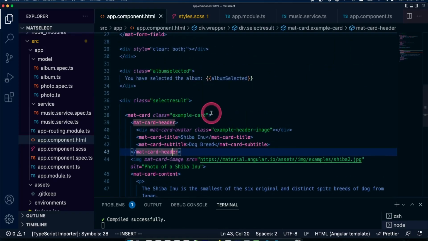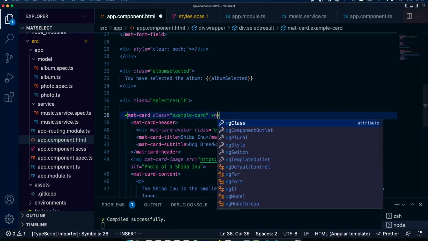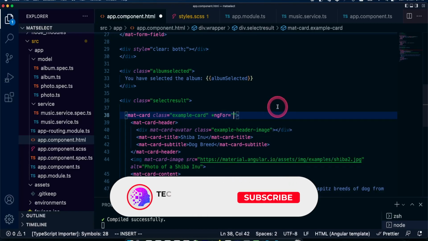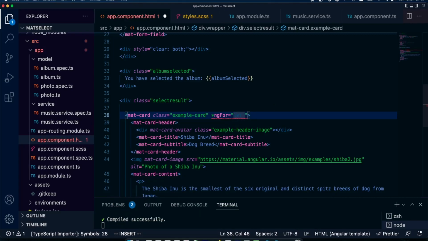So here I'm going to do the same thing. ngFor, let's select photo of this photo.